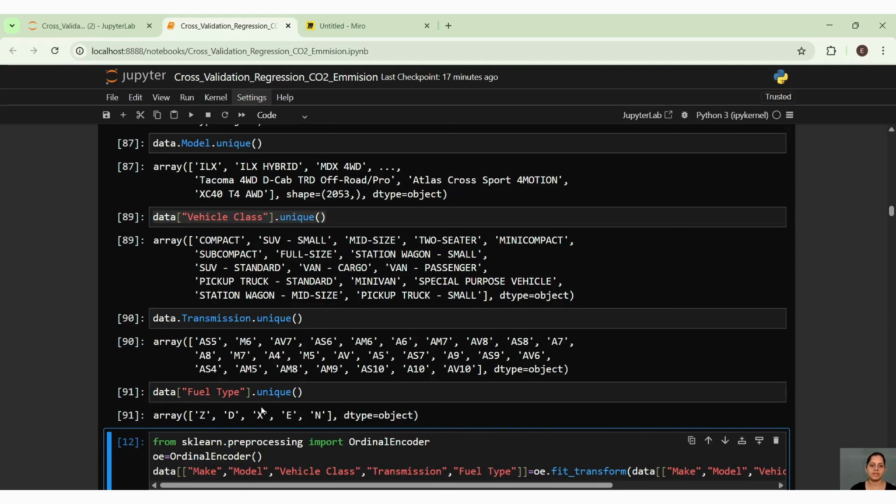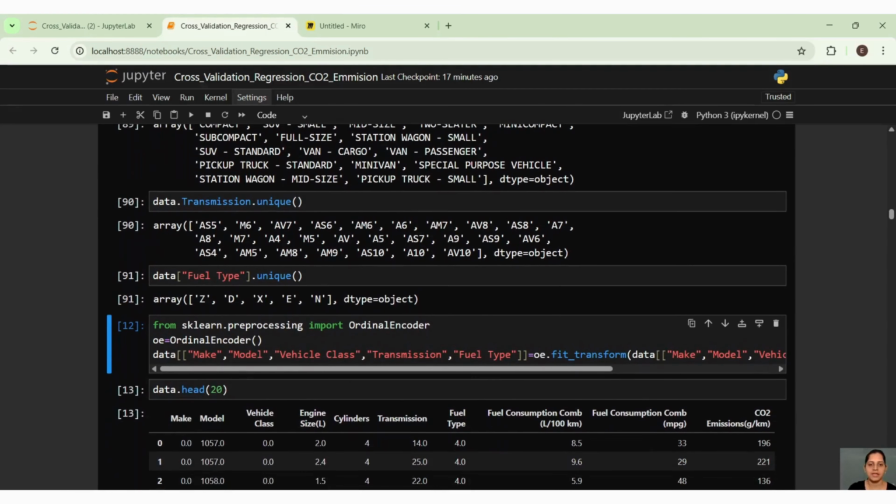So the way we have seen on the top section right now during our data understanding, these are my fuel types. So we understood everything, all the unique values and all. Now we can go ahead and